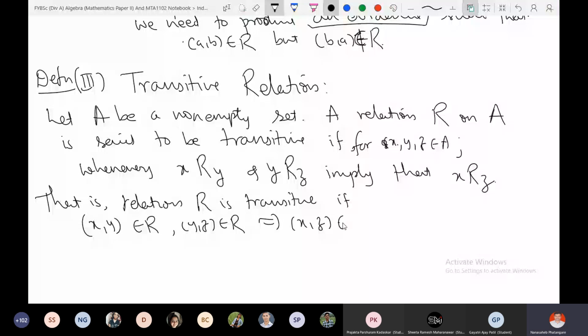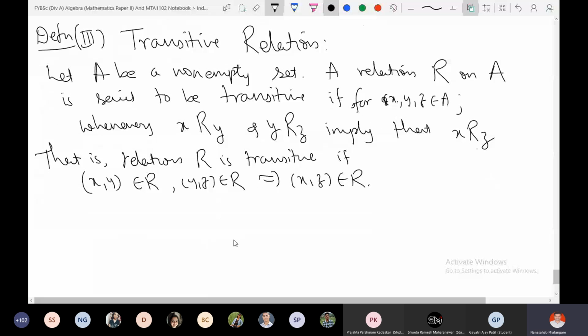So whenever x is related to y and y is related to z, then we should bother about whether (x, z) is in R. If x is related to y and y is not related to z, then we should not bother about whether x is related to z. Right. So, for example,